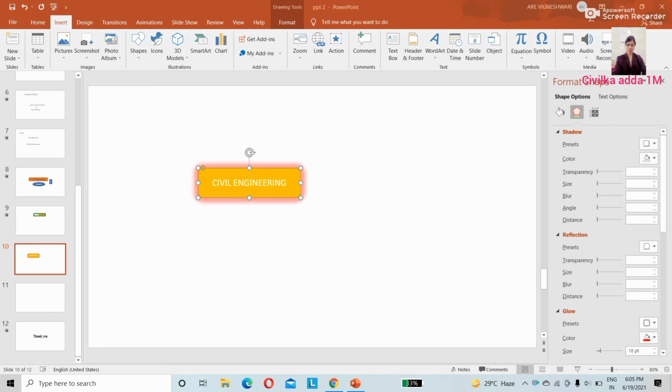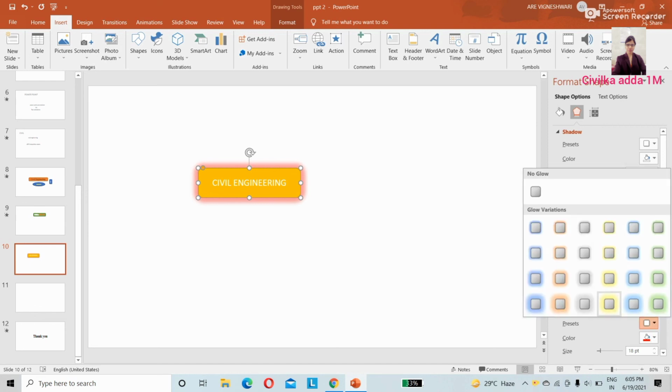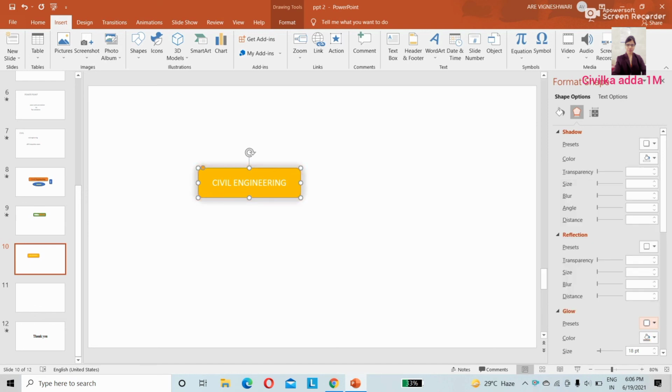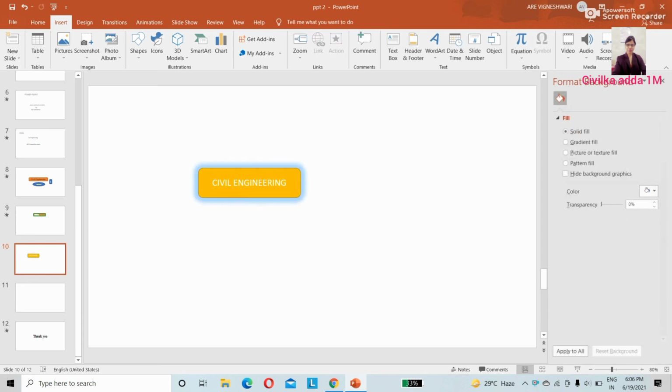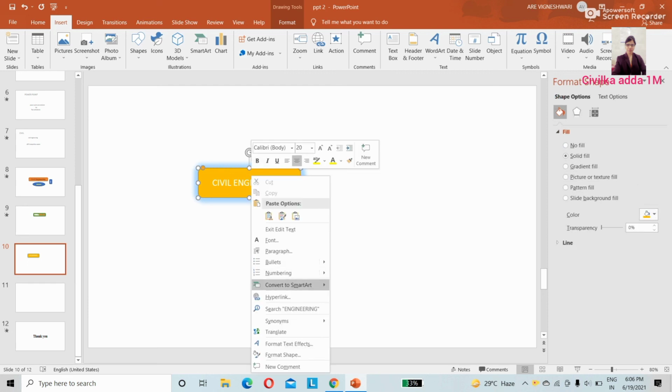You can make the required text glow. I'll show one more color here. See here, you can select the different colors like this.